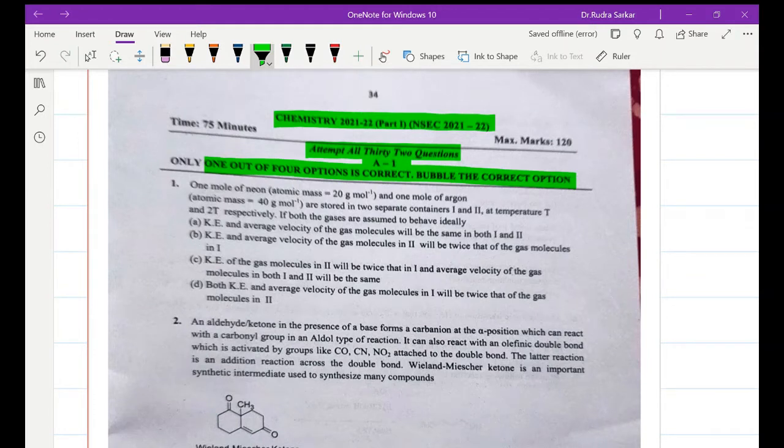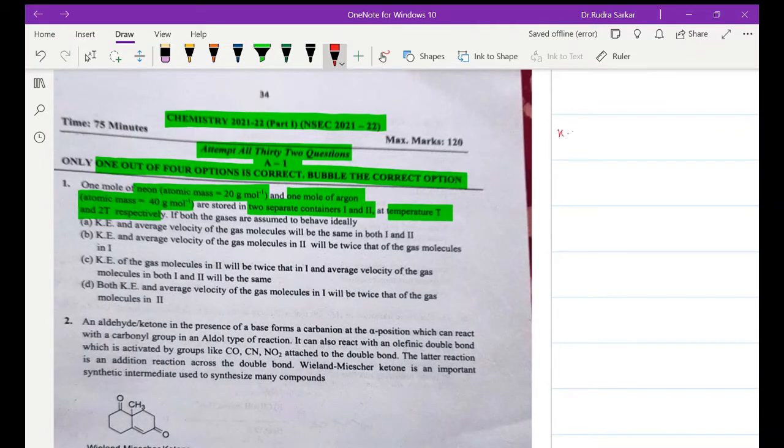1 mole of neon gas is given, which is 20 gram per mole, and 1 mole of argon is given, which is 40 gram per mole. They are stored in two separate containers, 1 and 2, at temperatures T and 2T respectively. If the gases are assumed to behave ideally, then we have to find out the kinetic energies and the average velocity. So kinetic energy